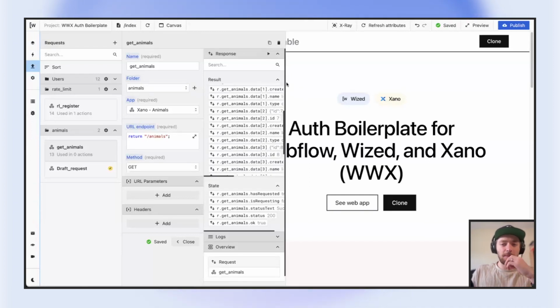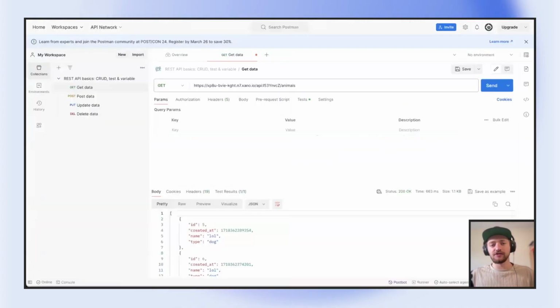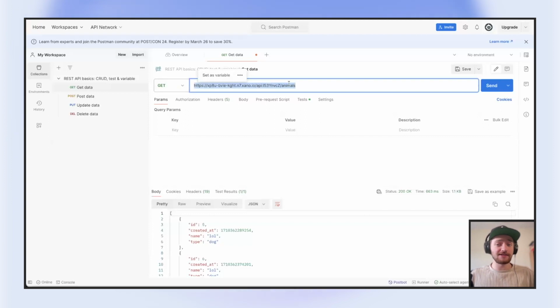So that's the first kind of paradigm shift to have here, or the first kind of change to your thinking if you're new to Xano, is just understanding that if someone finds this URL, they can use it. And if they log into your web app and they go into the inspector and they go into the network, they can find these URLs being hit because it's their browser through Wized that is making these API calls. So that's the first thing to think about,